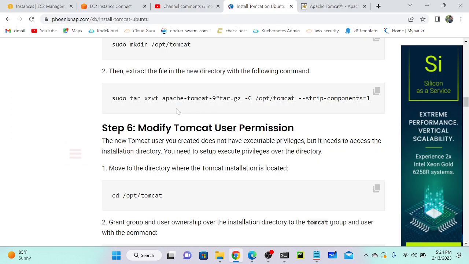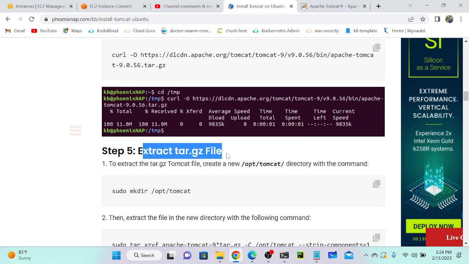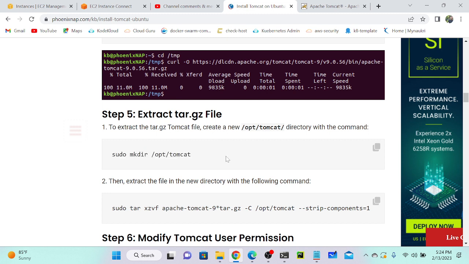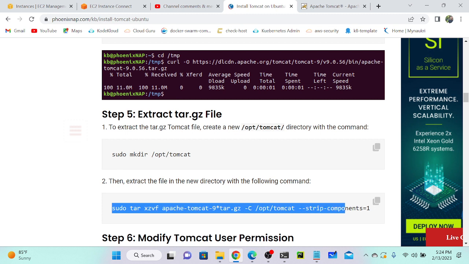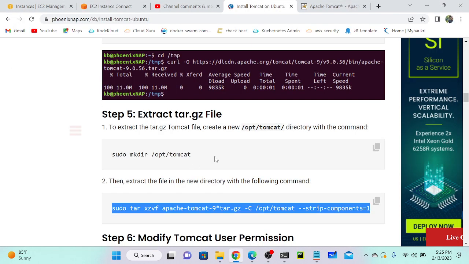I'll do one thing. Actually, we have to install that. One minute. Extract the tar.gz file. Let me copy this first. So I successfully extracted it.